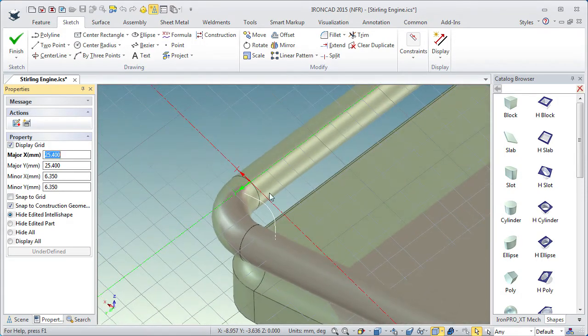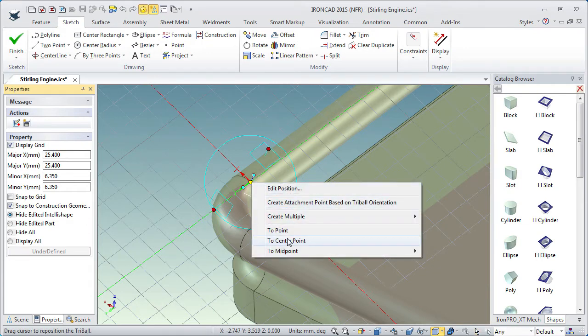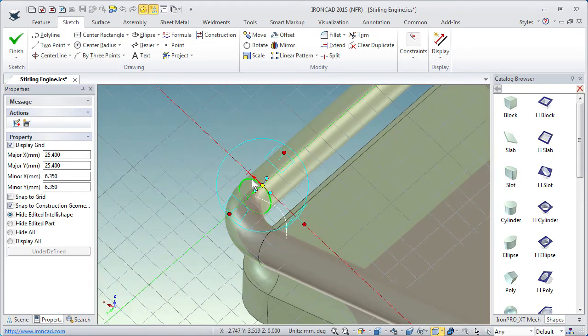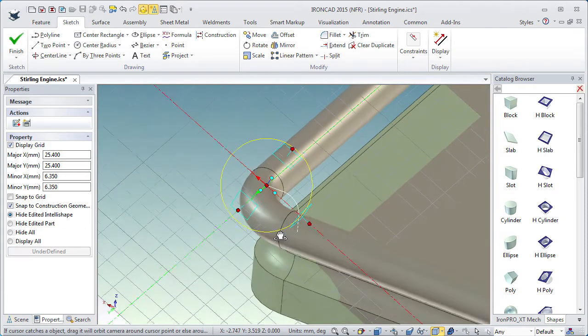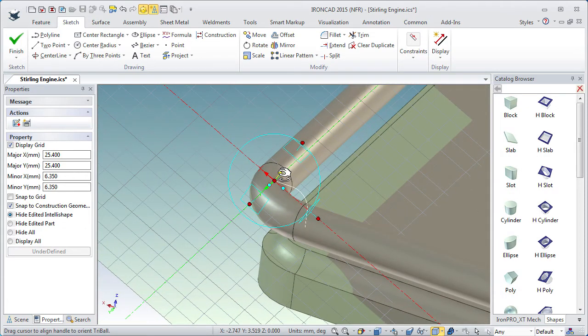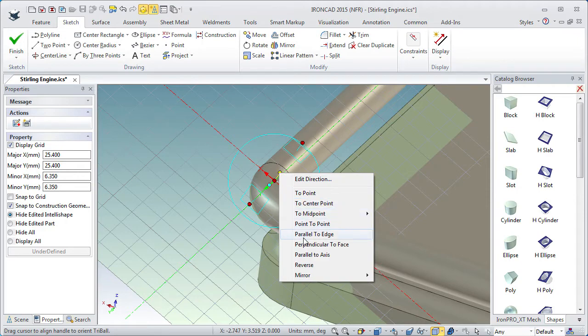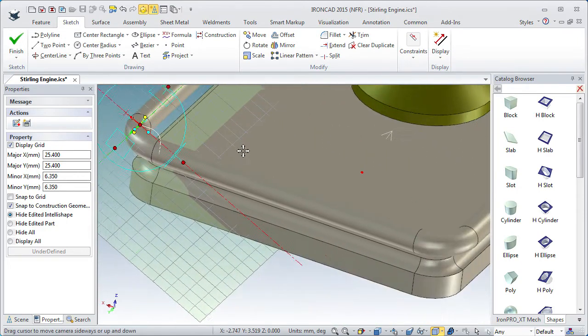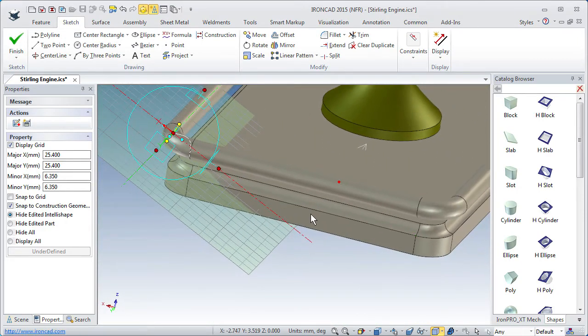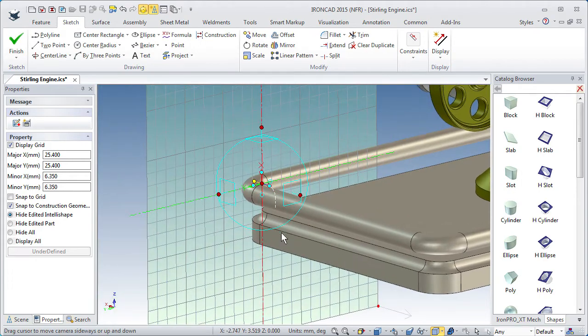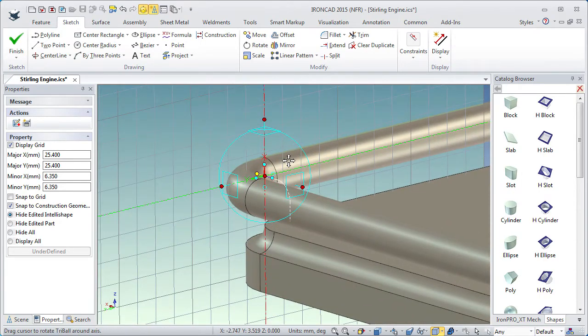And we have to move this grid so the origin has the same origin as the guide curve. So I will turn on my tribal, right click the center handle to center point of this edge, and we have to orientate it in the right direction. So I will right click this handle, parallel to edge. It will be the same edge as the guide curve, the grid for the guide curve. So I will click on this side. Then I'll turn off the tribal,